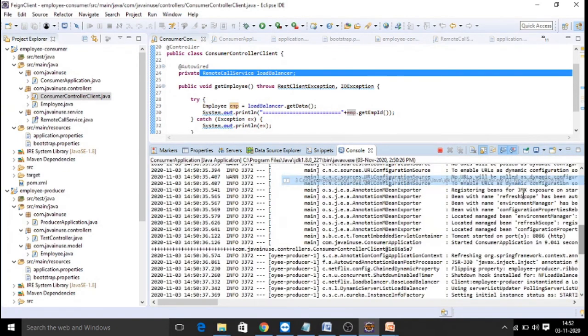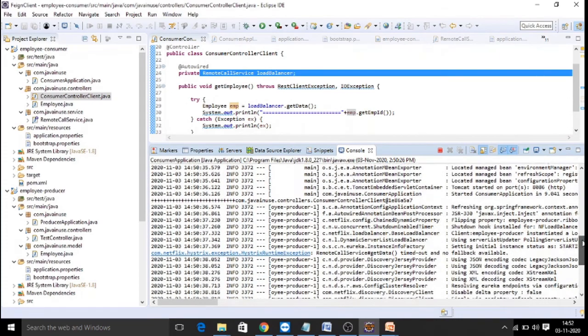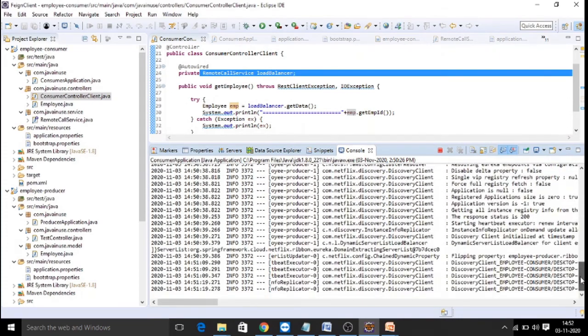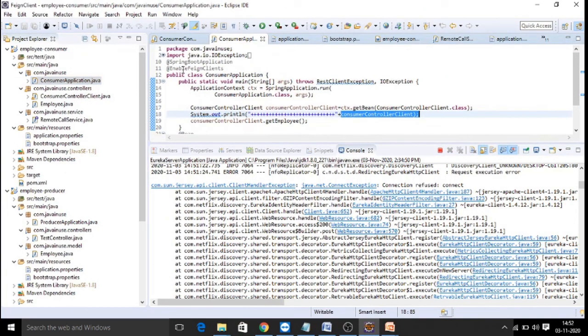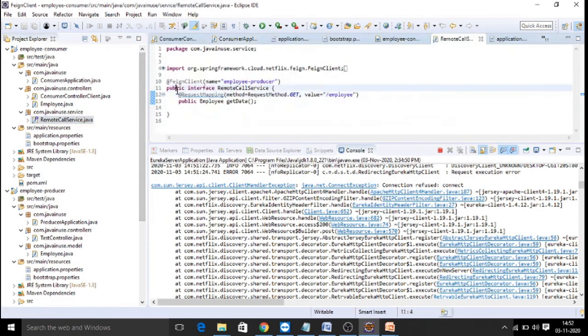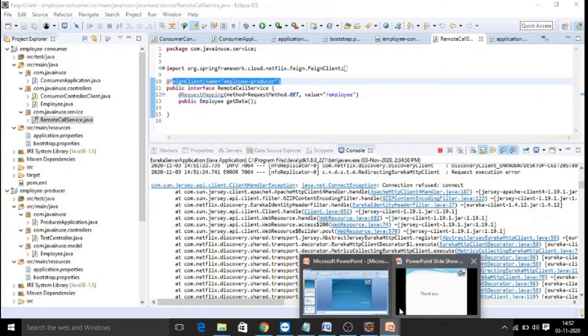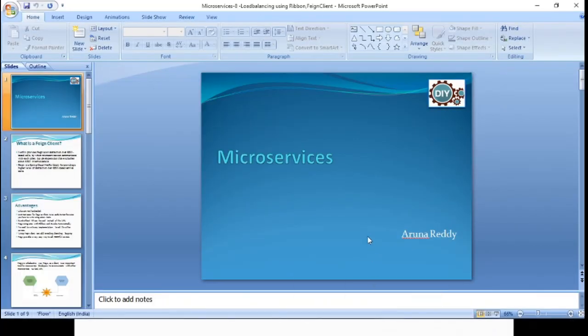If it is switching every time to the Eureka console, right? This is how your consumer client can be configured with your Eureka Feign clients. You need to enable it, and the proxy class you need to enable with the Feign client. That's all about Feign client. You can make use of it in your application with added features of